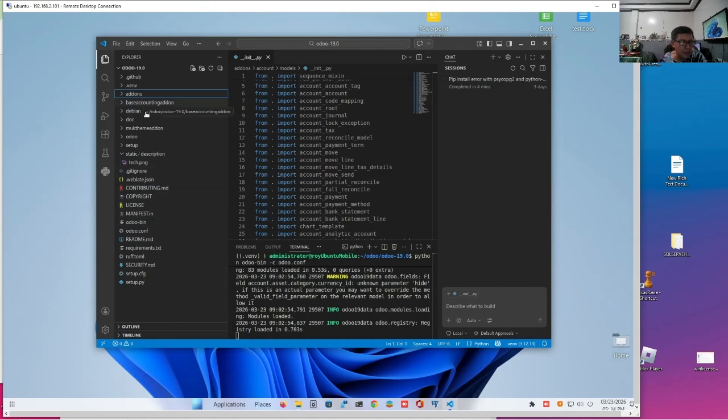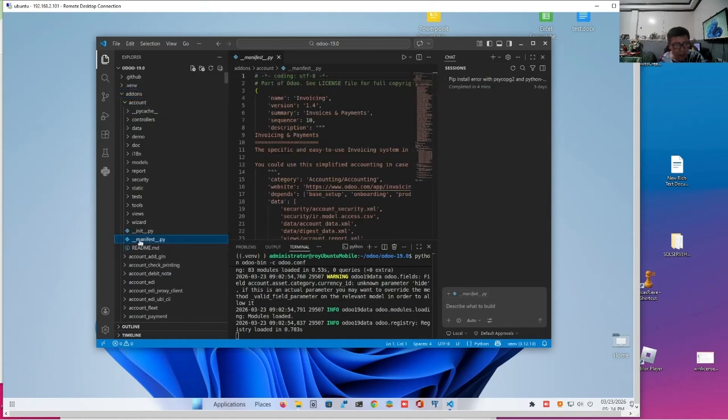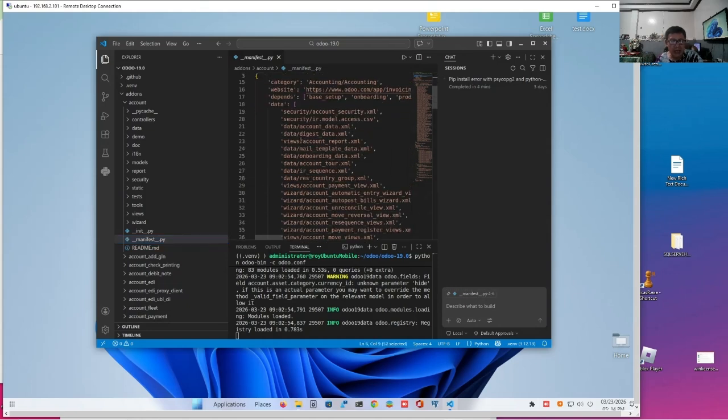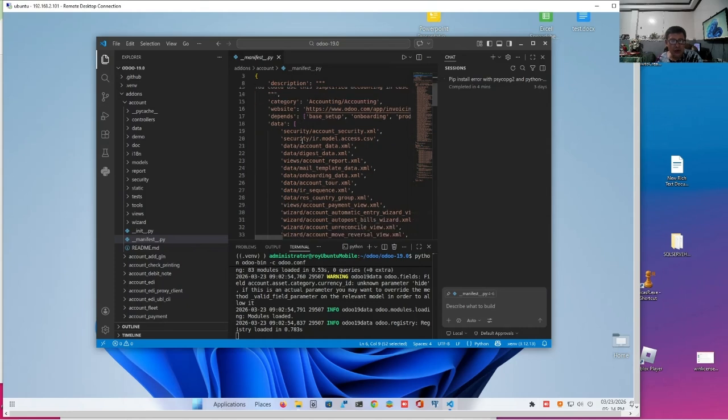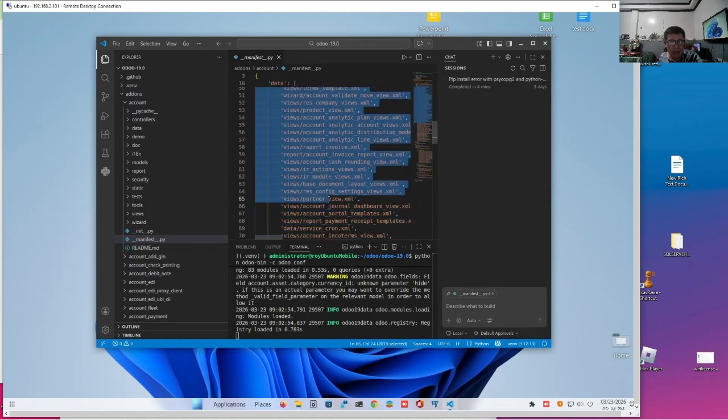For example, let's go to add-ons again, and then in add-ons you have __manifest__.py. Okay, so aside from a table of contents, it contains the name, the summary, and the collection of XML and non-Python files that are used by your application.